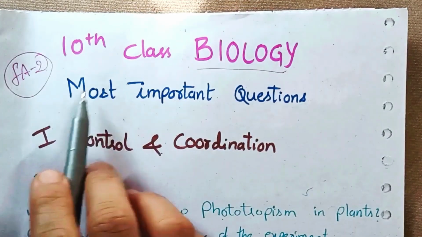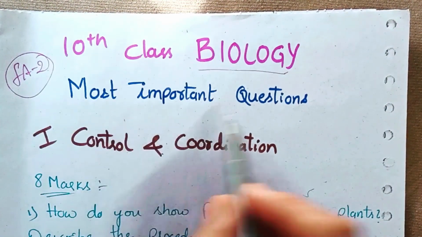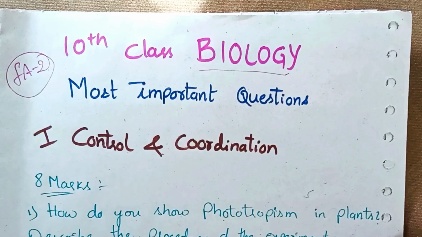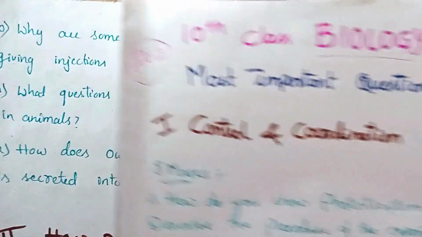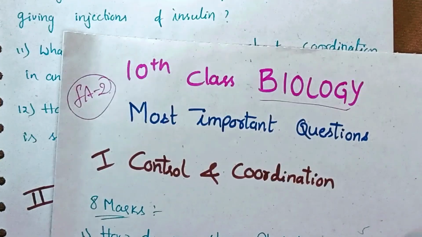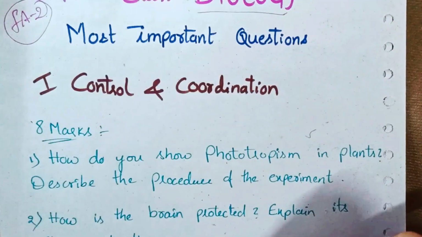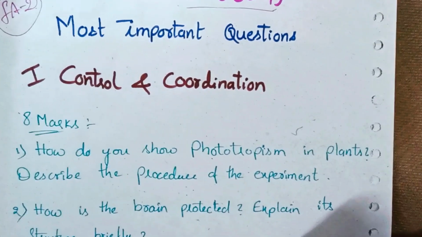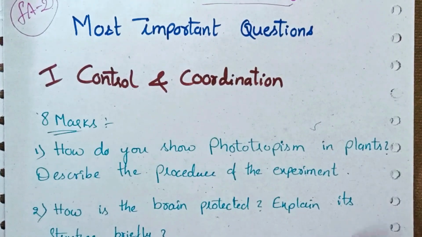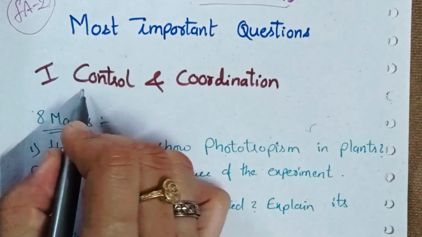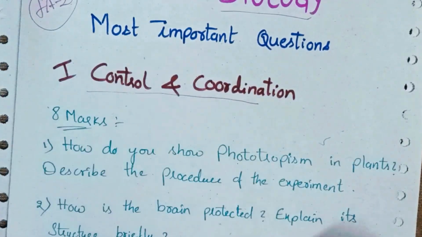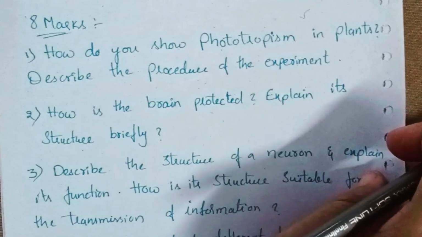Okay, so 10th class biology most important questions. How many chapters do we have for biology? We have only two chapters, right? One is control and coordination. Second one is how do organisms reproduce. These two chapters are for the FA2 biology exam 2025 to 2026. Let's start guys. From the first chapter, control and coordination, 8 marks questions will be: